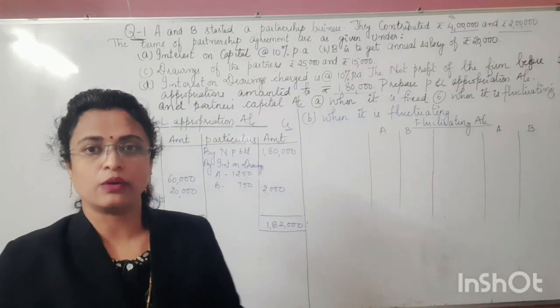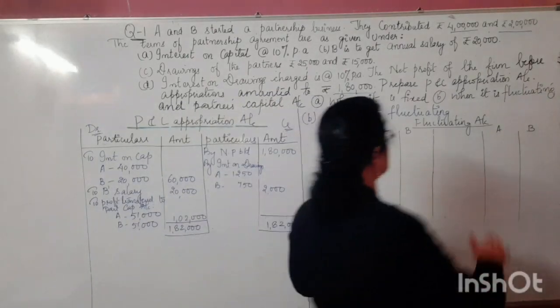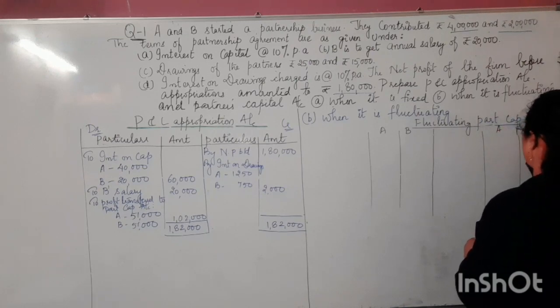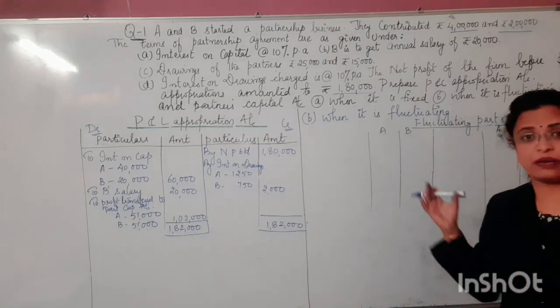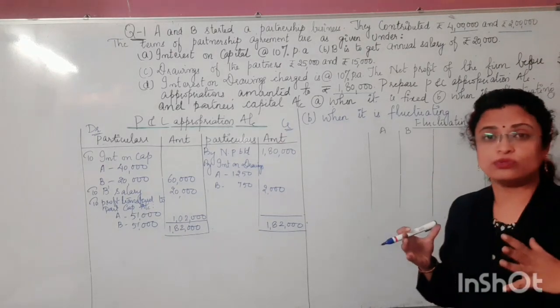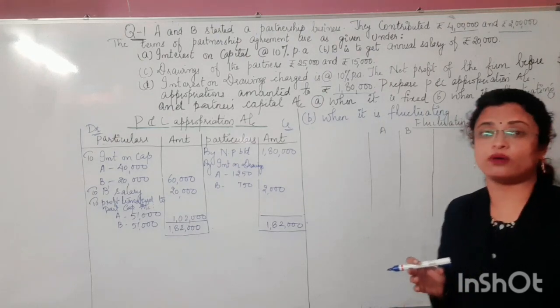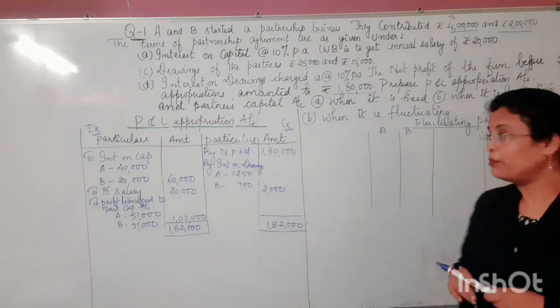Okay, now the next we will be making is the fluctuating partners capital account. Children, now we are going to discuss the fluctuating partners capital account. We have seen how to prepare a partners capital account using the fixed method, that is the first method when the partners capital is fixed. Now the second we are going to discuss is how to prepare the fluctuating partners capital account. When you combine the current account and the fixed capital account, it becomes a fluctuating partners capital account. In the current account, excluding its balance brought down, when combined with the rest of all the items, it automatically becomes the fluctuating partners capital account.